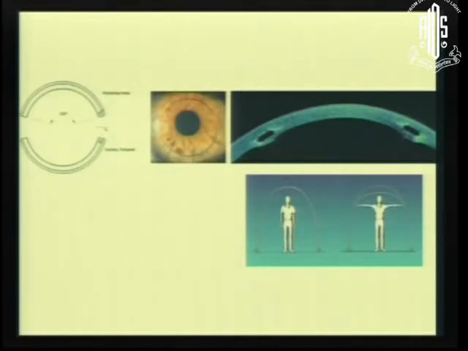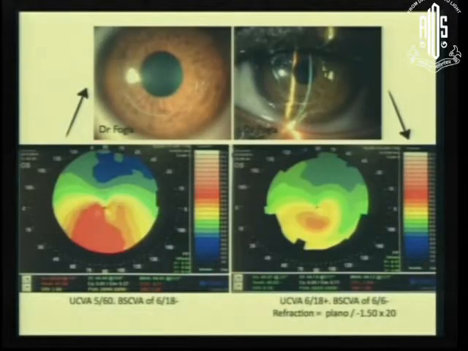And these basically add to the corneal volume, and by stretching the cornea, they achieve a certain amount of corneal flattening. Just to give you a clinical example, you see the patient has a single ring segment placed in the inferior cornea, and you can see the post-operative topography where the patient's unaided visual acuity from 5/60 has improved to 6/18, and the best corrected vision is almost 6/6.